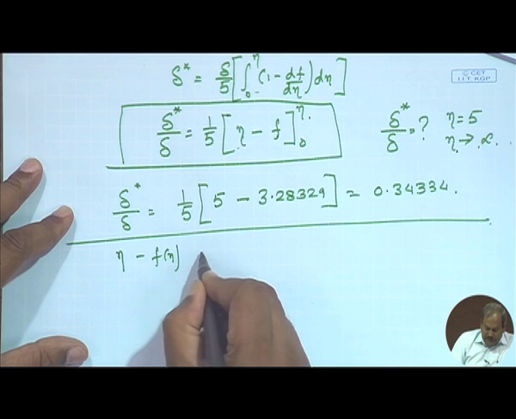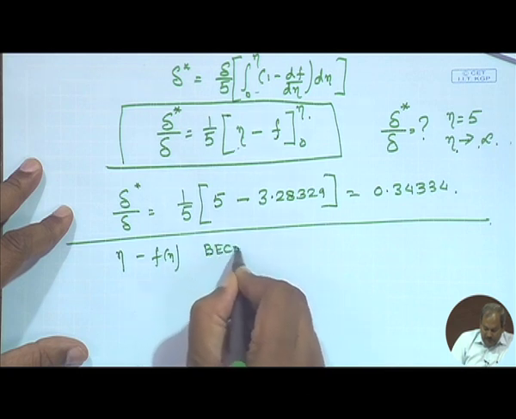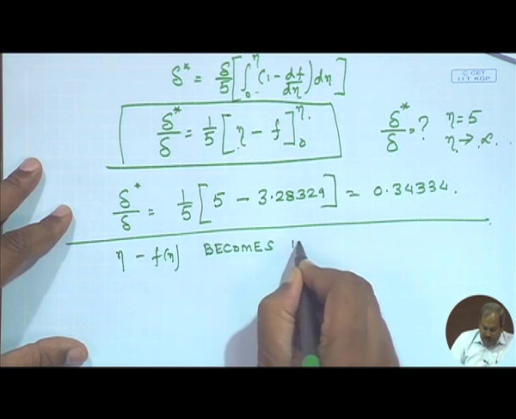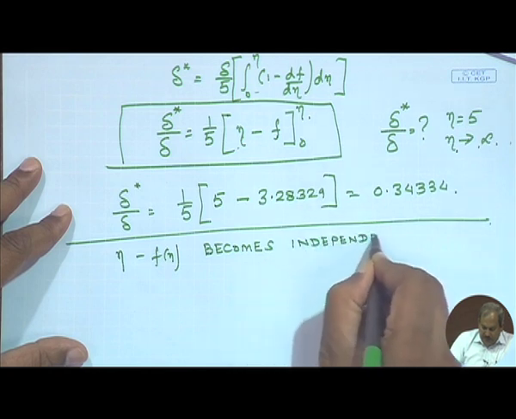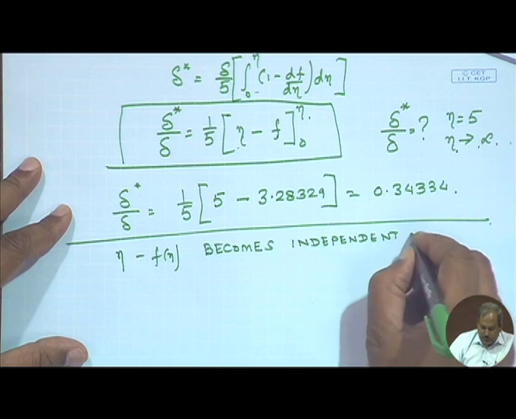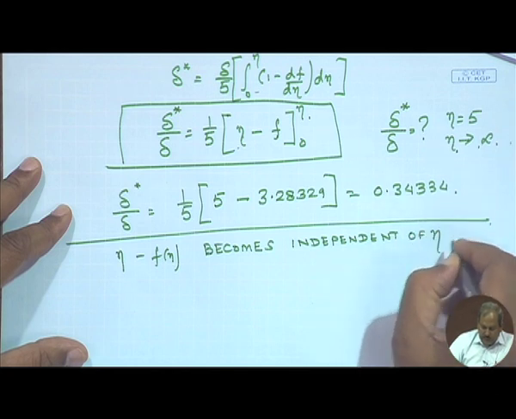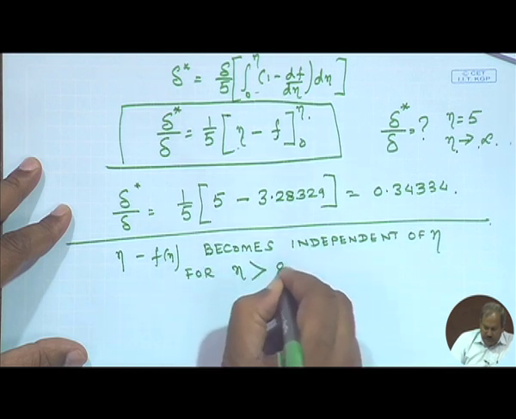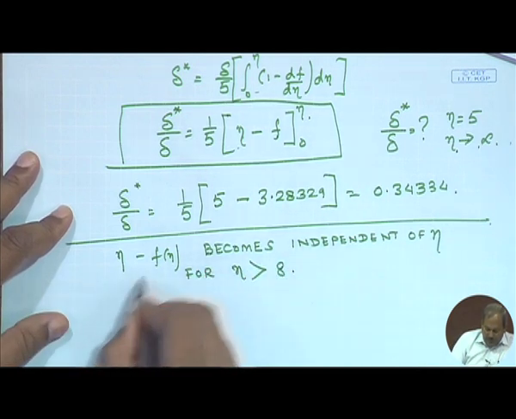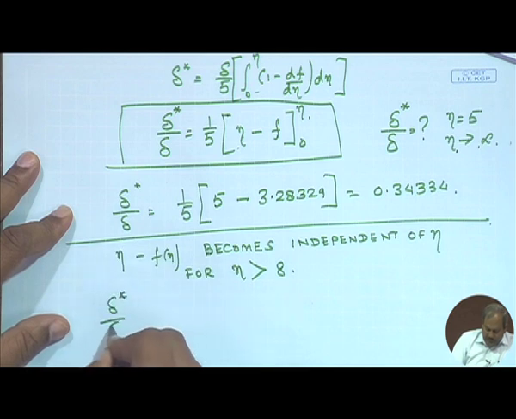So since eta minus f becomes independent of eta for eta greater than 8, we would simply use delta star by delta at eta equals 8,